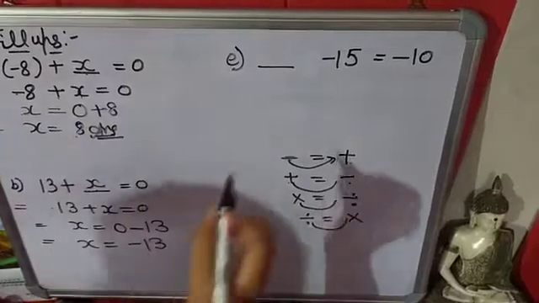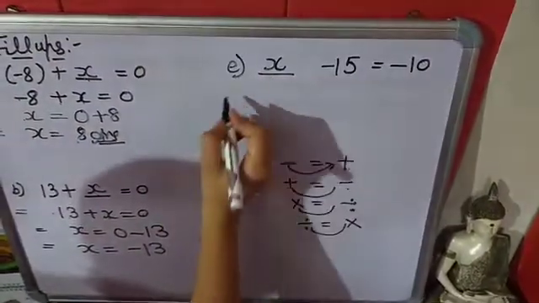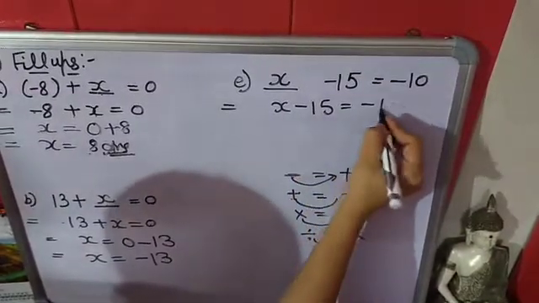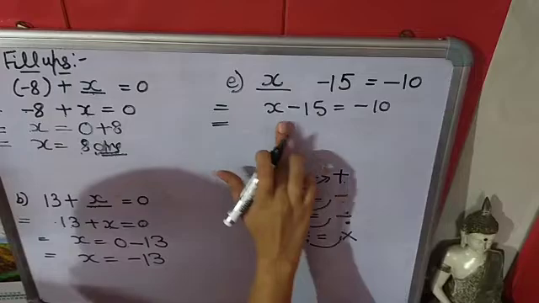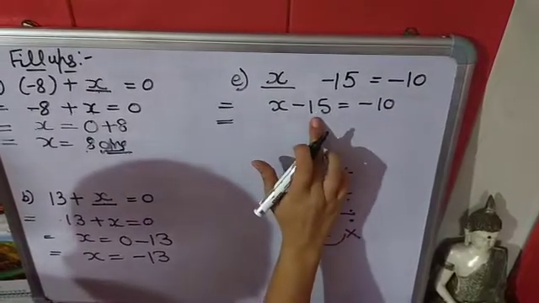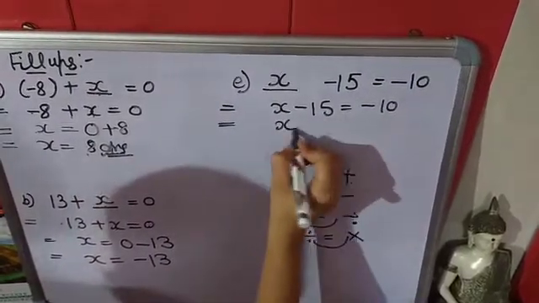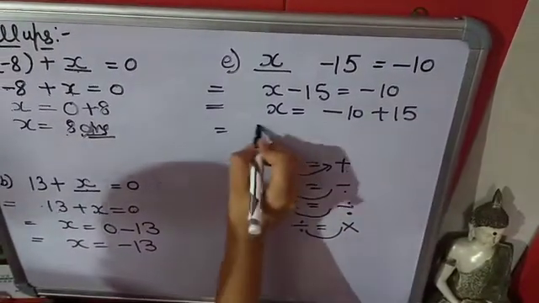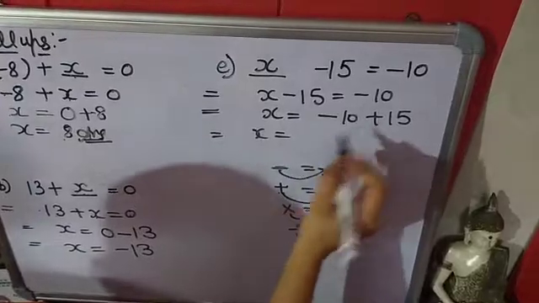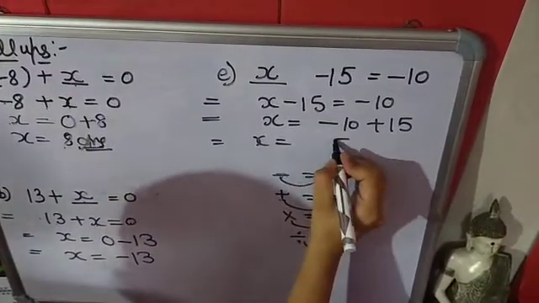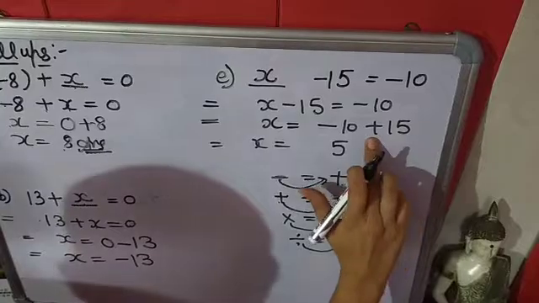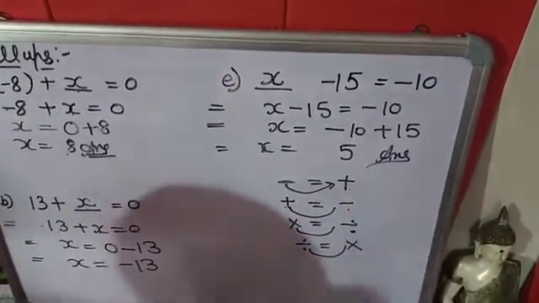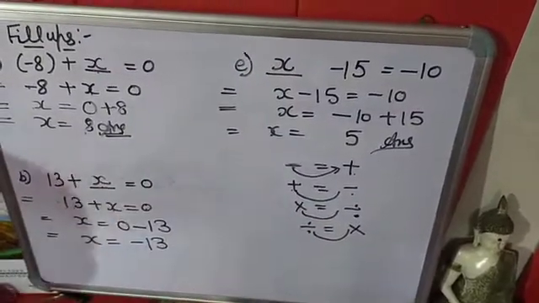Now next E part is, again let's assume it is x. Solve it. X minus 15 is equal to minus 10. You have to find the value of x. 15 will go there. Here is 15 of minus. When it will go there, it will be of plus. Solve it. Minus plus minus. So subtract it. 5 will come. And this is big, plus sign will come. So answer is 5. You have to solve like this.